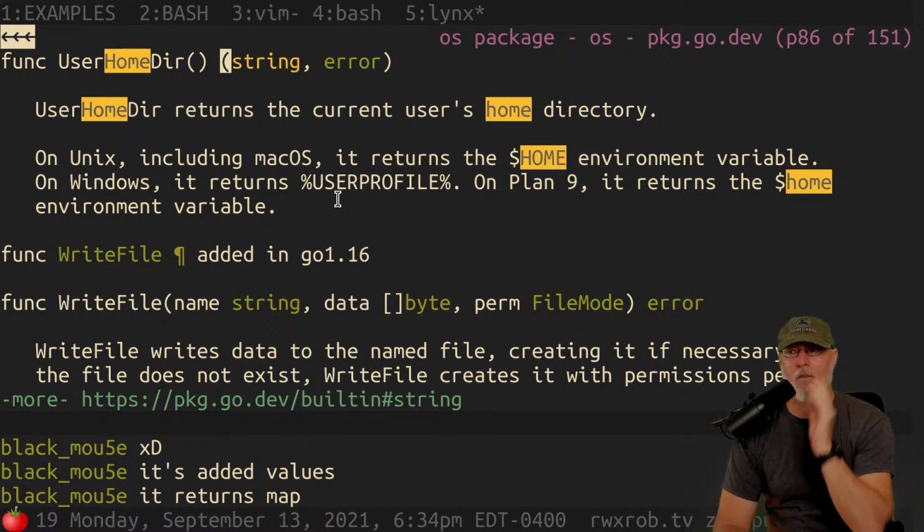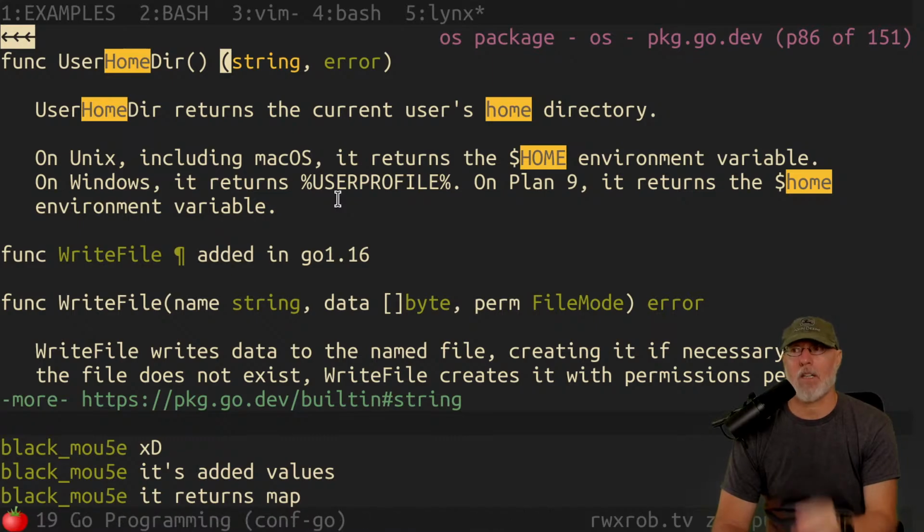There was a debate about whether to use this or not, because this will grab the home environment variable, which could be less secure. So if somebody changes the home environment variable, user home directory will return the new home directory. If the other one, the one that uses user home, will look from the /etc/passwd file or from the system, and it will always return the user's exact home directory. So the question is whether we want the flexibility of them to be able to change the home environment variable and have it be notified.